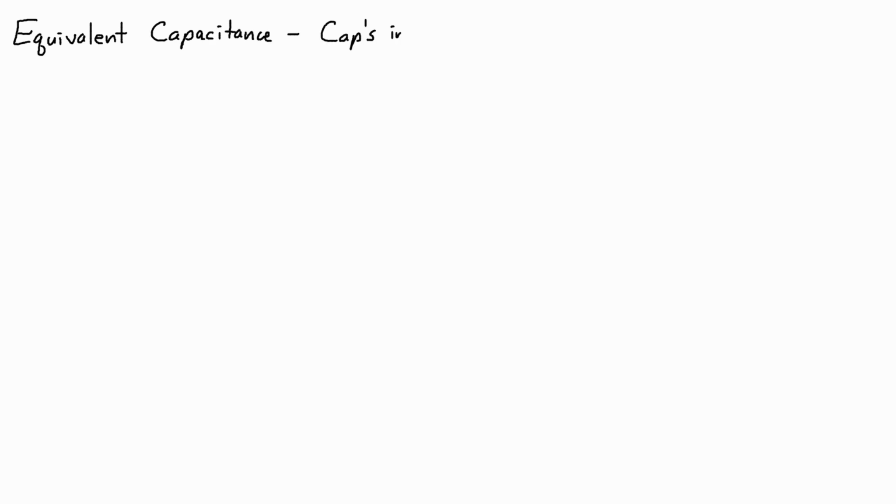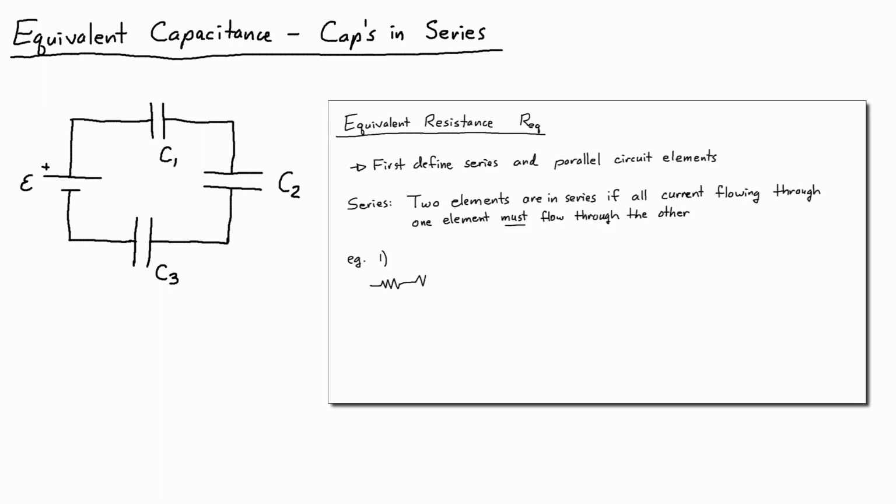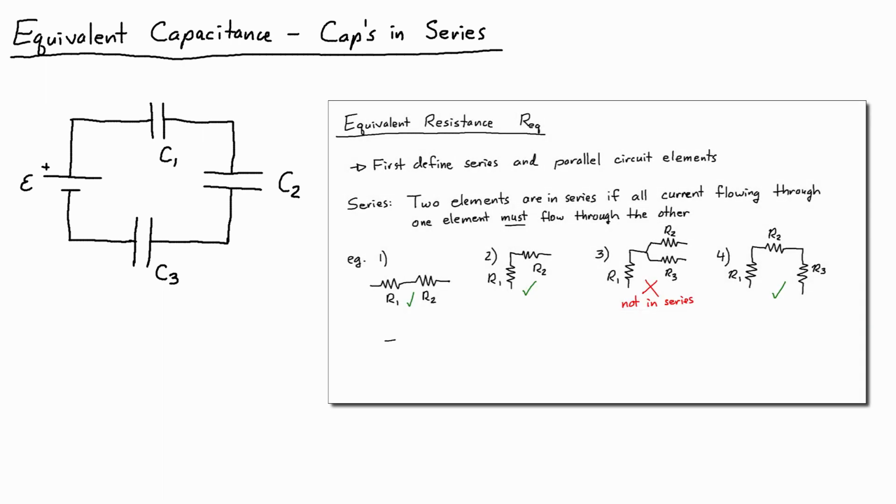If you remember, for resistors in different configurations, we had an equivalent resistance, and we have the same idea for capacitors. So I'll first look at equivalent capacitance for capacitors in series. And this is where capacitors and resistors are very different. Because you might remember, for resistors in series, you can get the equivalent resistance by just adding up the individual